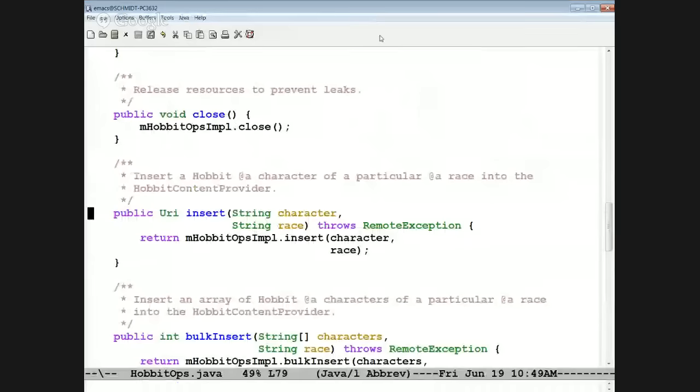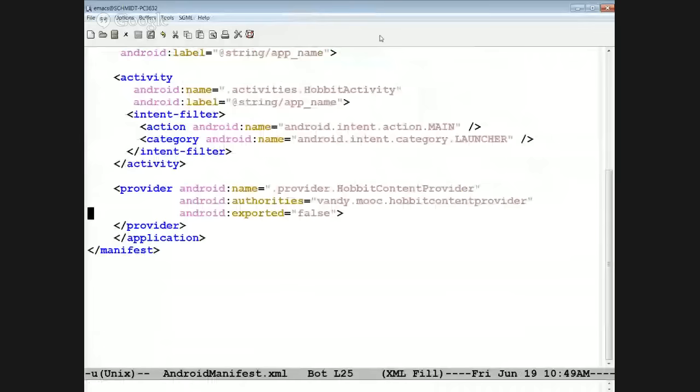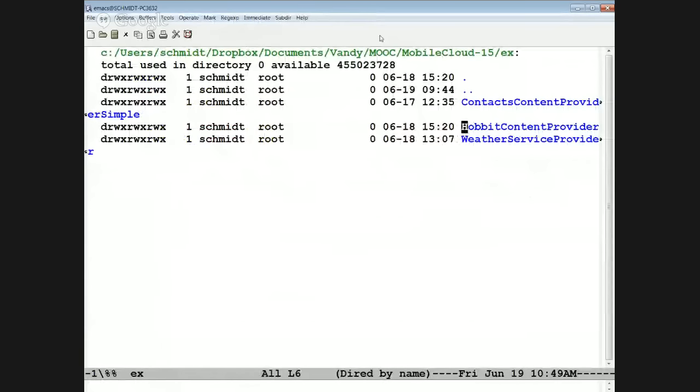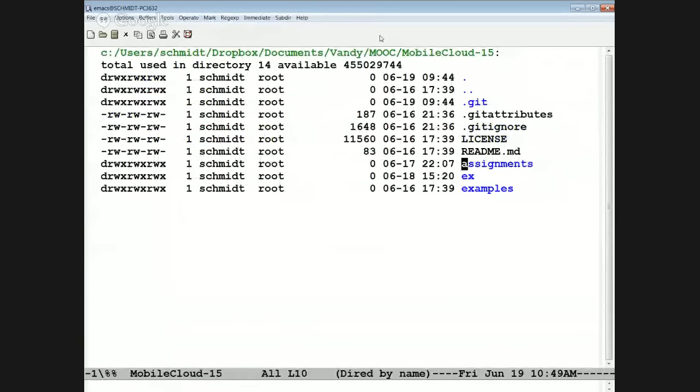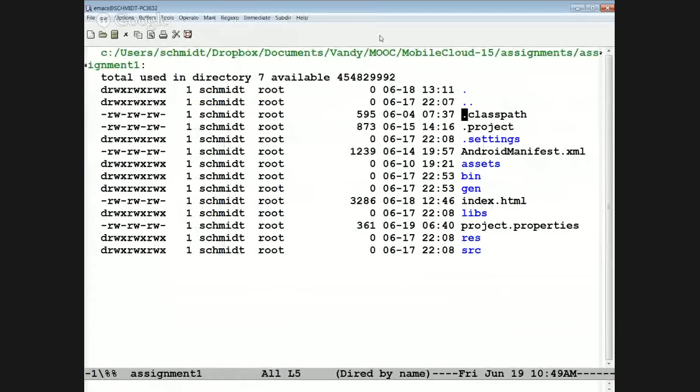Okay, so that is the end of that example. Now what I'm going to do is I'm going to talk through the programming assignment. Let's go find that code. All right, so the programming assignment shells are here. And of course, you can download them. This is all up on the website now. Let's take a quick look